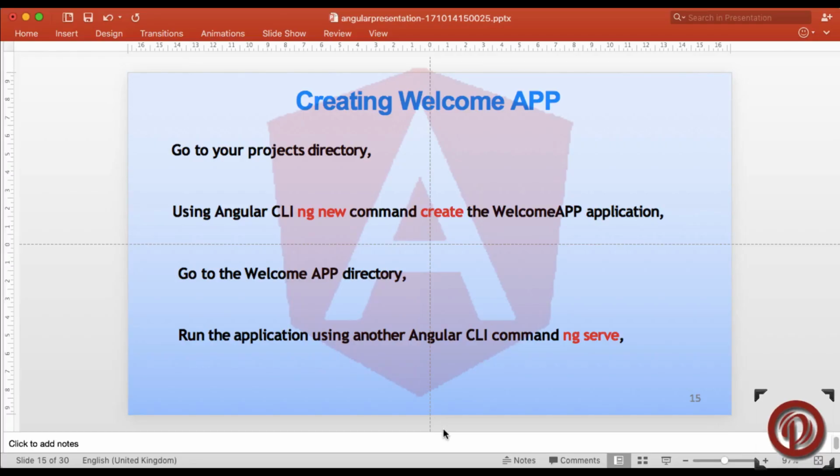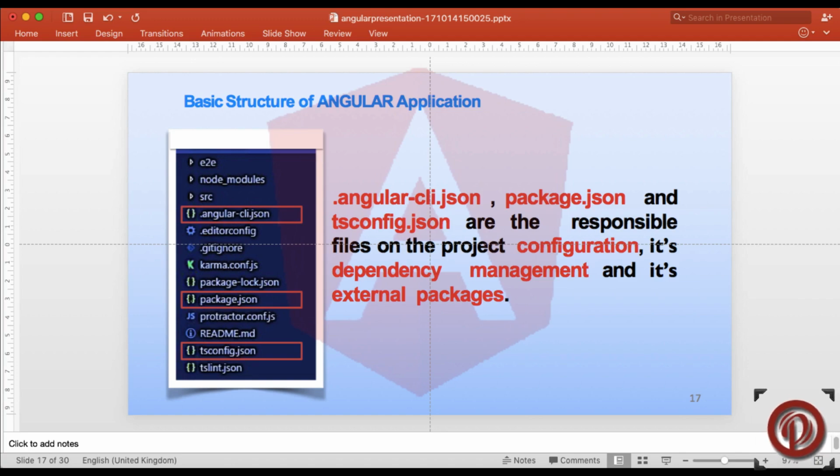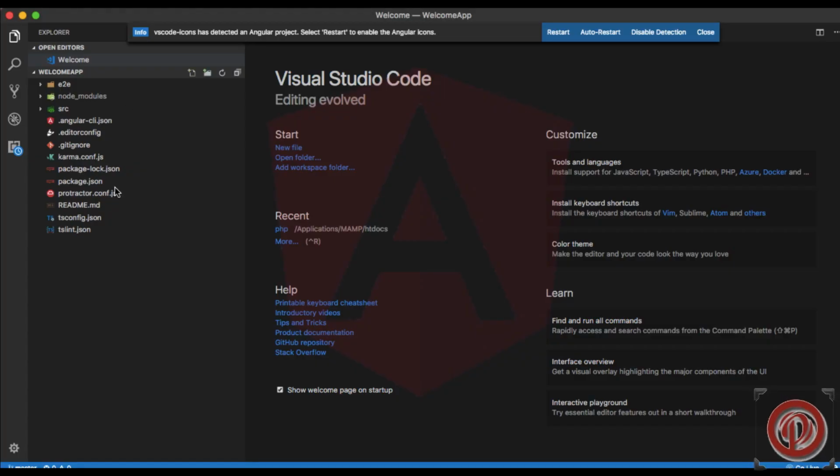Now we need to understand, we have done our application. So let's talk about the basic structure of our Angular application. If you open it here, you will see a bunch of folders, a bunch of JSON files, some config files, gitignore, some README md, and some other files and folders like node_modules, src, and e2e. We have no concern with e2e and node_modules, because as you know, these node modules are the modules installed by